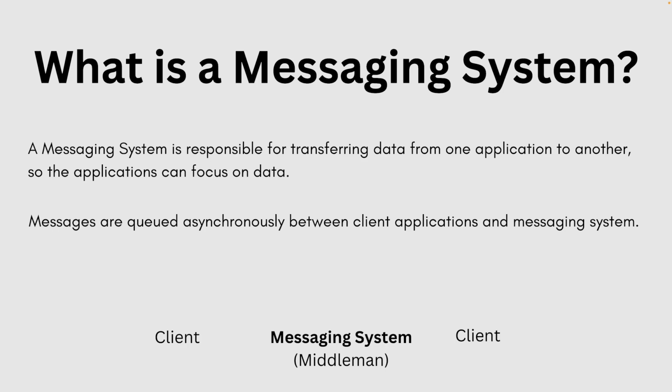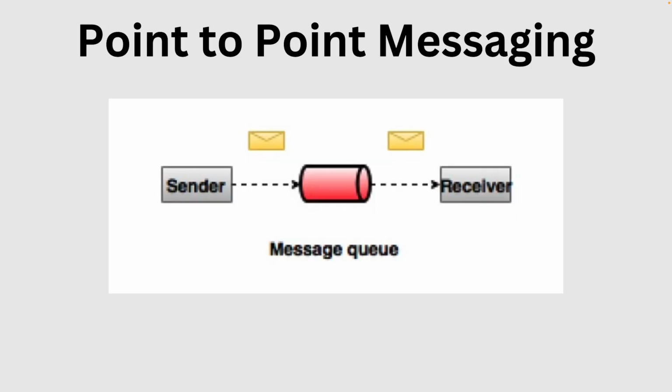Now, there are two main types of messaging systems that I want to talk about before we really dive into Kafka, and let me go over them so you guys really understand. The first one is point-to-point messaging. It seems pretty obvious based on its name, but in a point-to-point system, messages are persisted in a queue. As you can see in the middle, there's this little red queue. It's a little bit blurry, sorry, I had to increase the size a little bit, but you have a sender, a queue in the middle, and then a receiver.